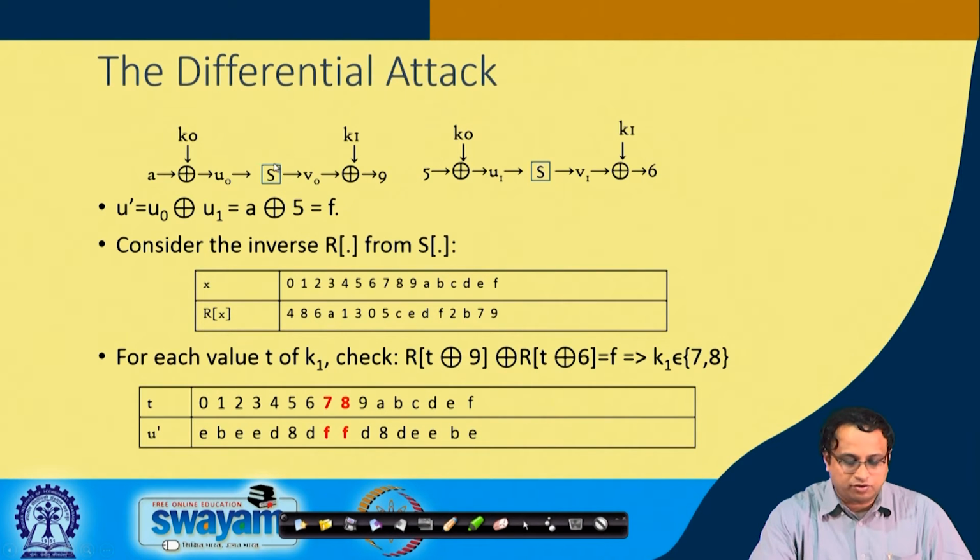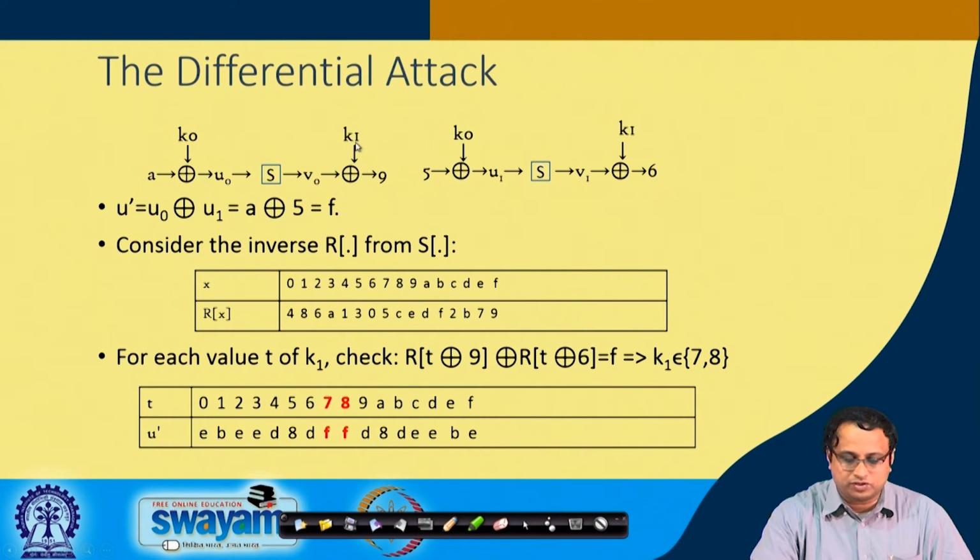So now, you can obtain the reverse S box, which you can also write because it is a bijective map. Rather than expressing V0 in terms of U0, you can also express U0 in terms of V0. And therefore this is the corresponding mapping which you can analyze and test for its validity given the previous S box. And now you can observe that for each value t of K1, we want to ensure that RT XORed with 9. Okay. So here you can see that 9 is the cipher.